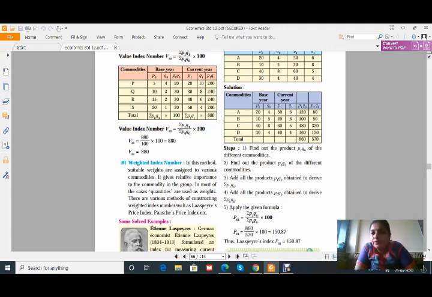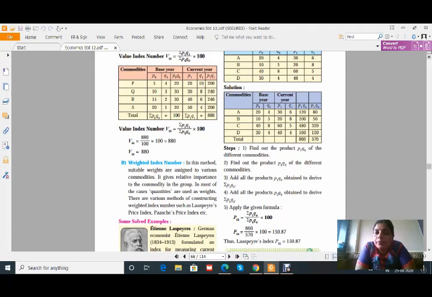P0 into Q1, that is C, 20 into 6, that will give us 120. 10 into P1 Q0. Okay, sorry, I made a mistake here. It's P1 Q0, that is 30 into 4, 120, 20 into 5 is 100, 60 into 8 is 480 and 40 into 4 is 160. That means P1 Q0. Take the total of this, it will give us 860.